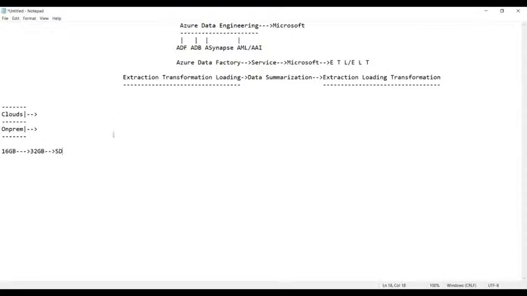Now tell me, collaboratively, your mobile phone memory and your SD card memory, how much is it? Mobile memory is 16 GB. And your SanDisk card memory is what? 32 GB. Now, what is the total amount of memory you can store in your mobile phone? Can you tell me, guys?